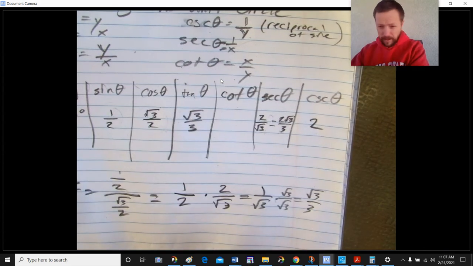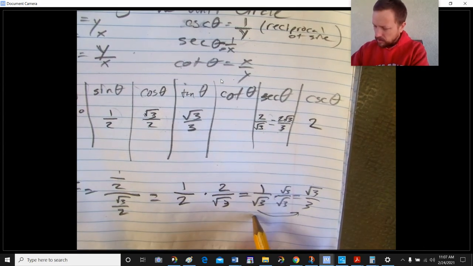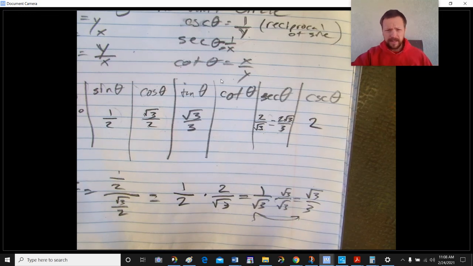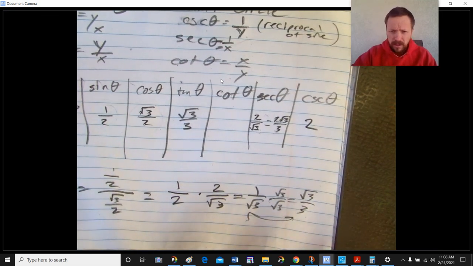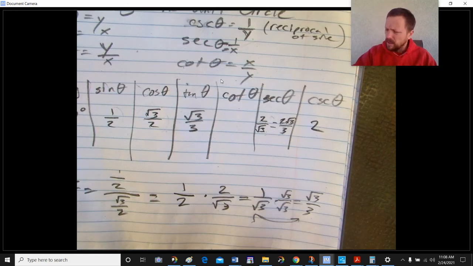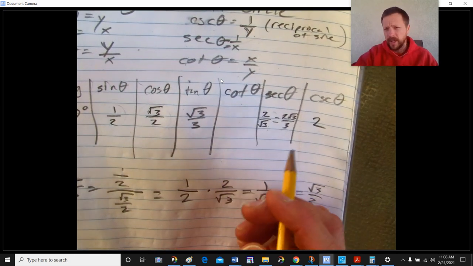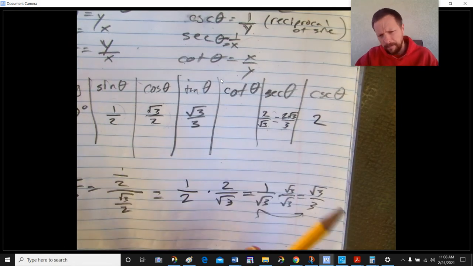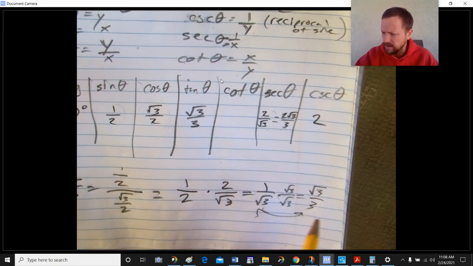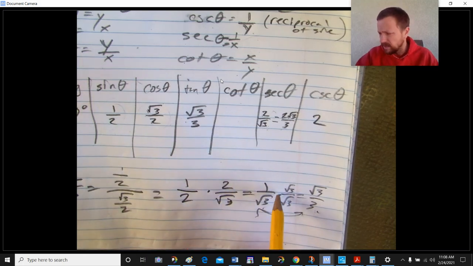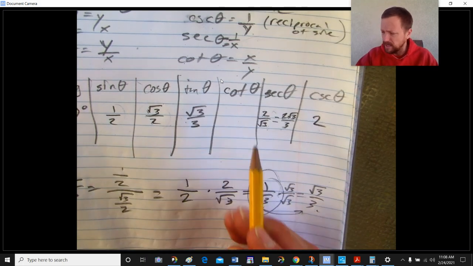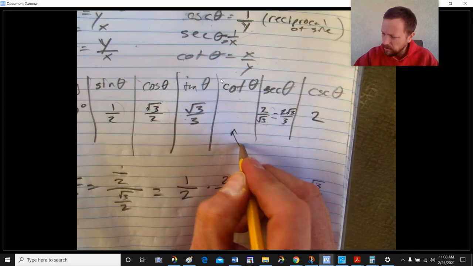Okay? Now, these two things are equal to each other, which means they're equivalent. That means they're exactly the same thing. There's no difference between radical 3 over 3 and 1 over radical 3. They're exactly the same number. And you can check me by putting them into your calculator. But since these are the same, and cotangent's the reciprocal of tangent, what we can do is just do the reciprocal of that one, because it's a lot easier. So if we do the reciprocal,